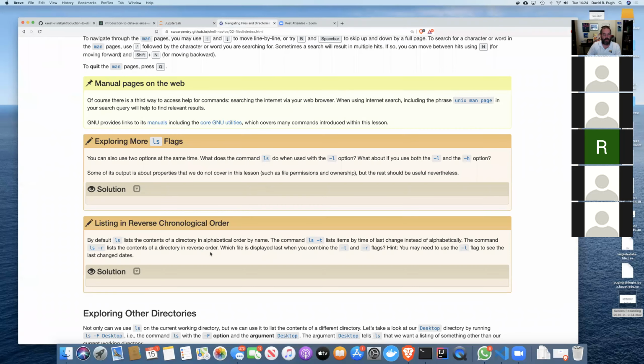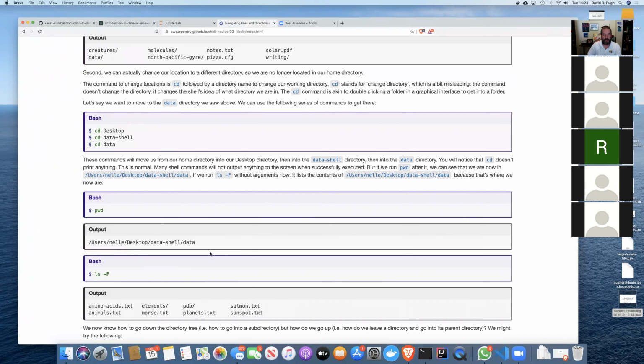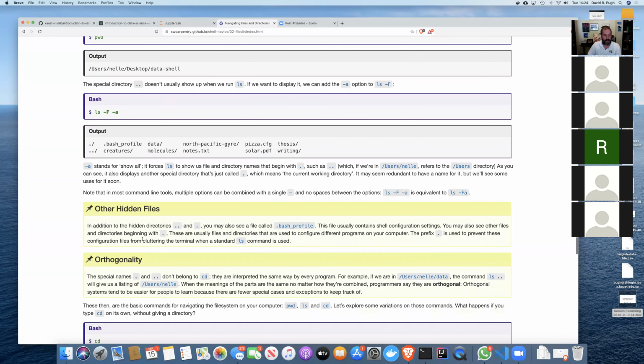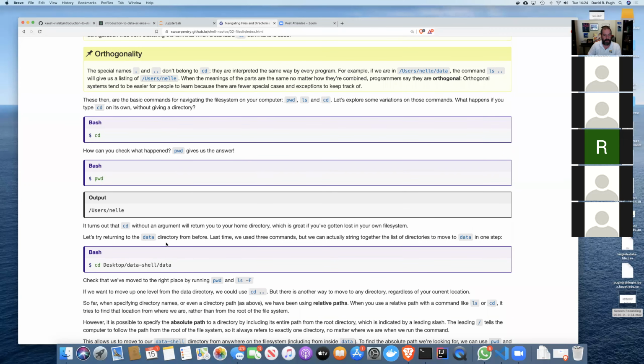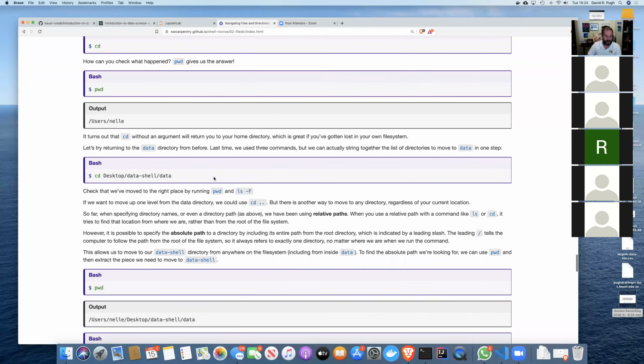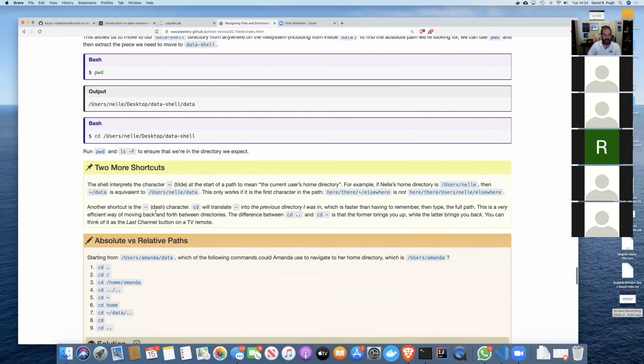Right. So let's go back to the teaching notes and see where we are. We did hidden files. So we've covered 3 basic commands for moving around on the system: pwd, which is where am I, what is the current working directory; ls, which shows you the contents of the directory; and cd, which shows you how to move around the file system on its own. And we've done some examples like this, so I'm going to skip ahead